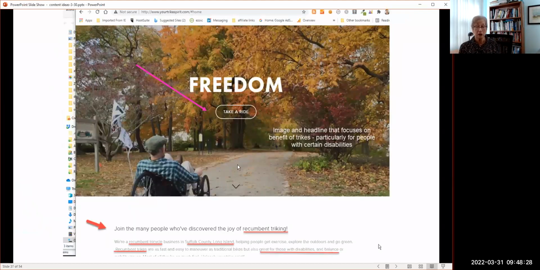Now, here's a website that does a great job of doing this. This is a gentleman by the name of Greg Davis, who has a business in Deer Park. He has MS, and he was discovering that he had lost a lot of his mobility. He liked to get outside and go for walks, but he couldn't do that anymore. But he discovered that a recumbent trike let him gain that mobility back. He could ride down a path that he couldn't walk down. So he found it so joyful that he decided to open up a store selling these recumbent trikes to other people, focusing on other people who had mobility issues.